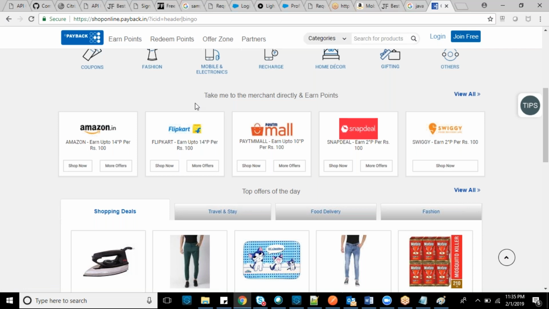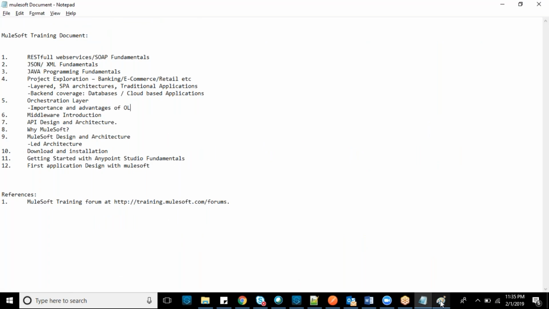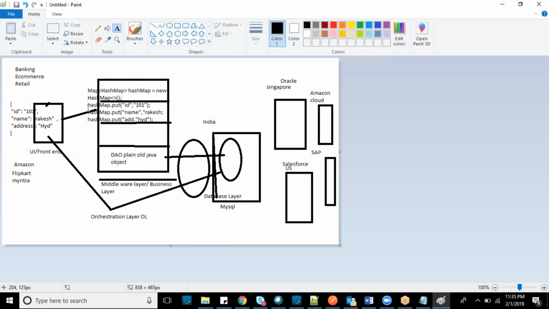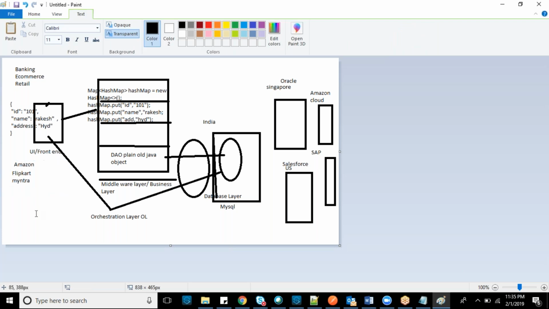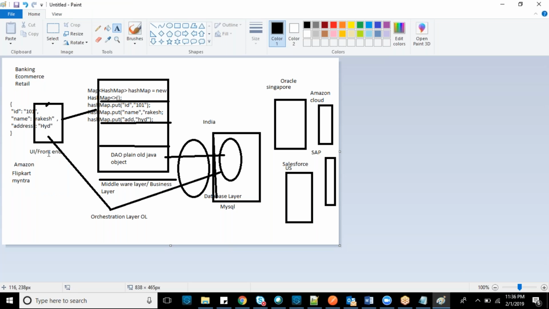So the integration of these four, for example, if you consider only these four, we can maintain it in a plain Java program also. For example, I will go there. Okay, Flipkart, Amazon, and Myntra are already there. I can configure these in plain Java, and I can configure all the URLs in plain Java as well, as normal technologies, normal backend, everything.